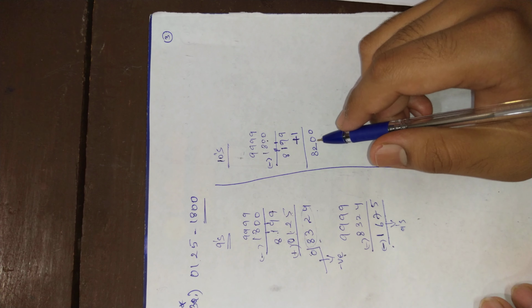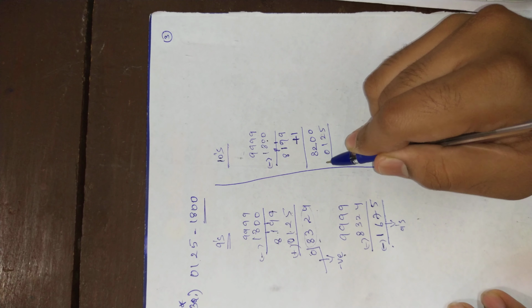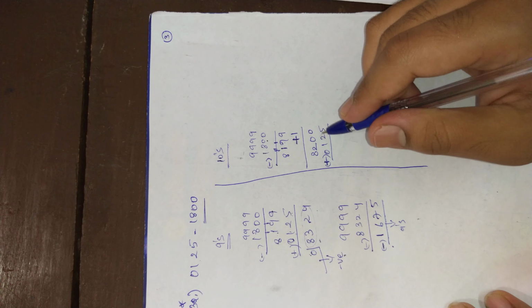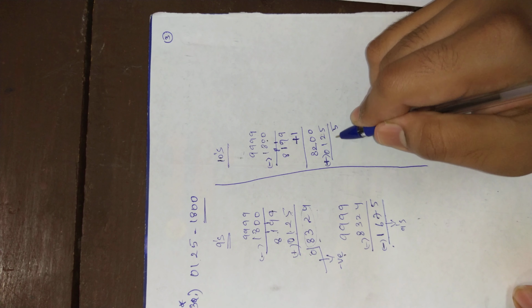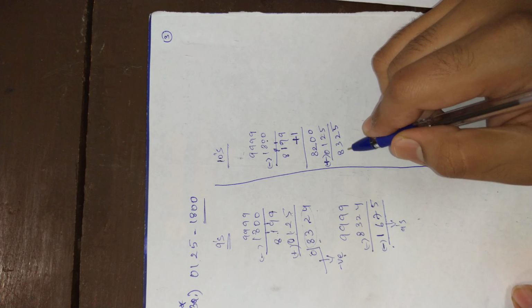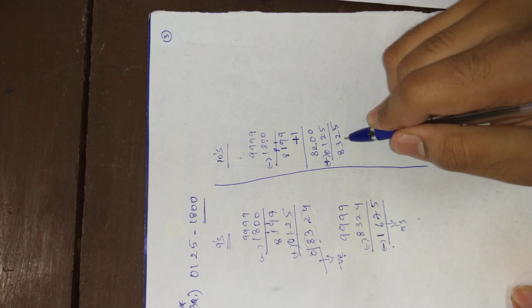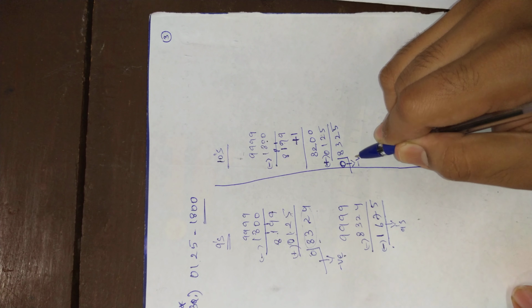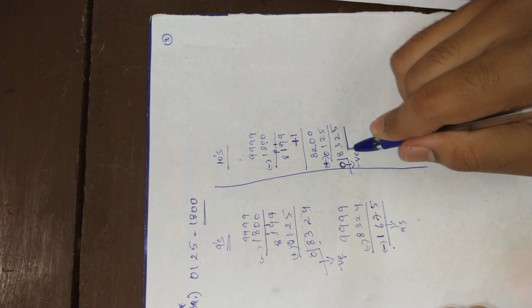In the given question you are having 0125. Add it to this. Never forget to keep the plus or minus symbol to it, or else you don't get marks in your exam. 5 plus 0 is 5, 2, 3, 8, the answer is 8325. But here we don't get a 5 digit number, then treat it as 0, so it is negative. For negative, what are you going to do? Do the 9's complement to the given answer.